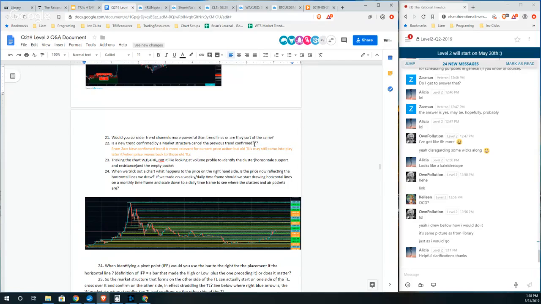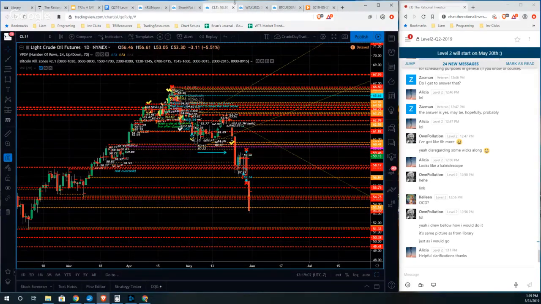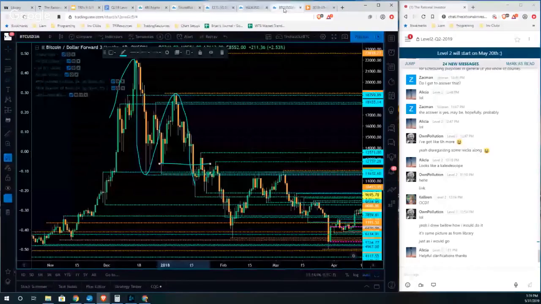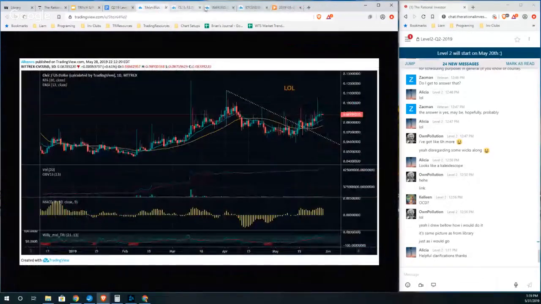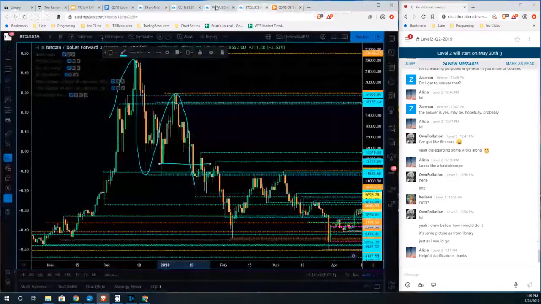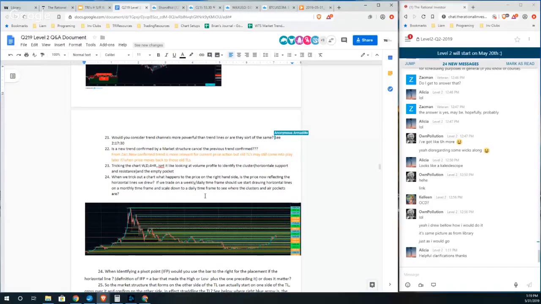Cancel is probably not the right word. You can leave them on your charts, but the new trend should sort of take precedence if we break through the old trend. I'm a little worried that you guys are looking and studying these shit coins to determine this. I would prefer that we maybe concentrate a little bit more on higher liquidity names to be doing these